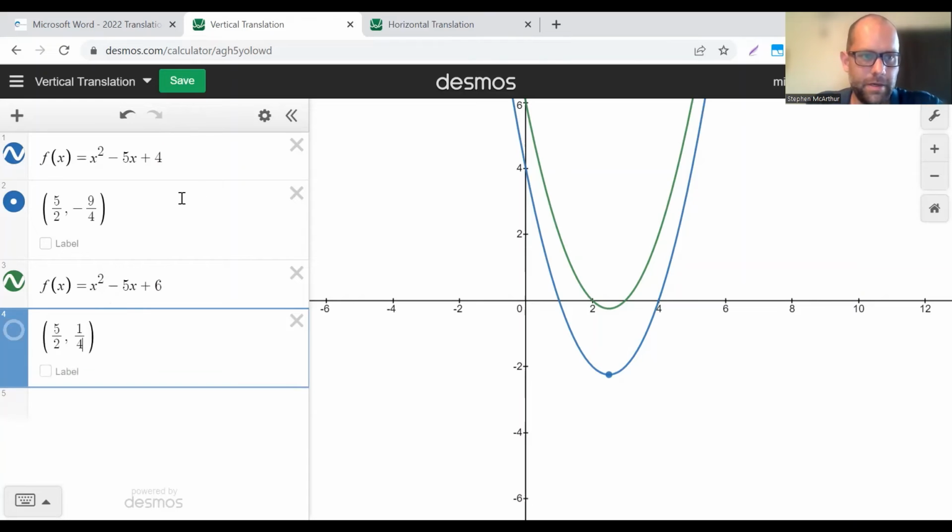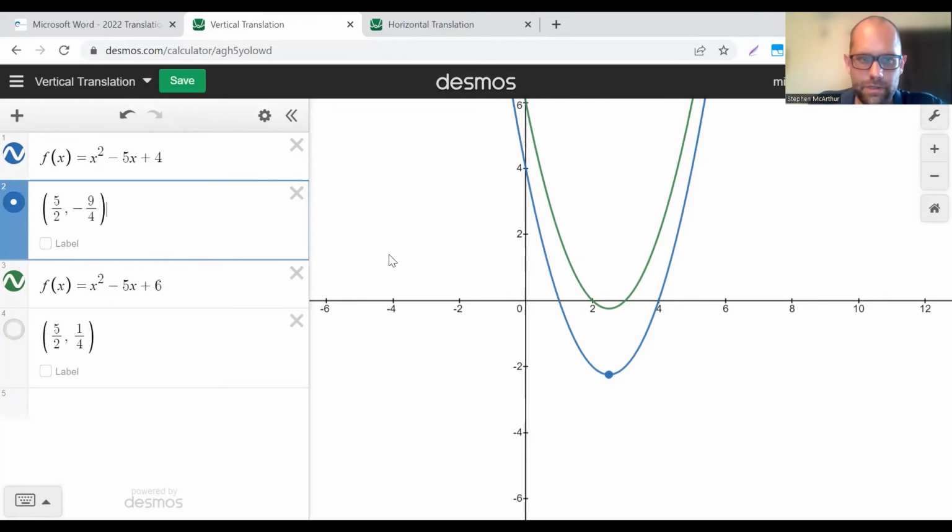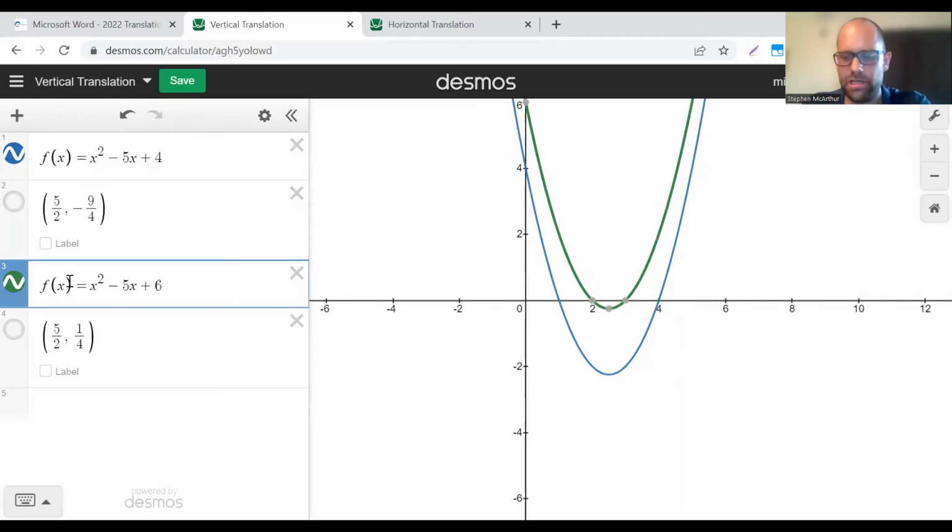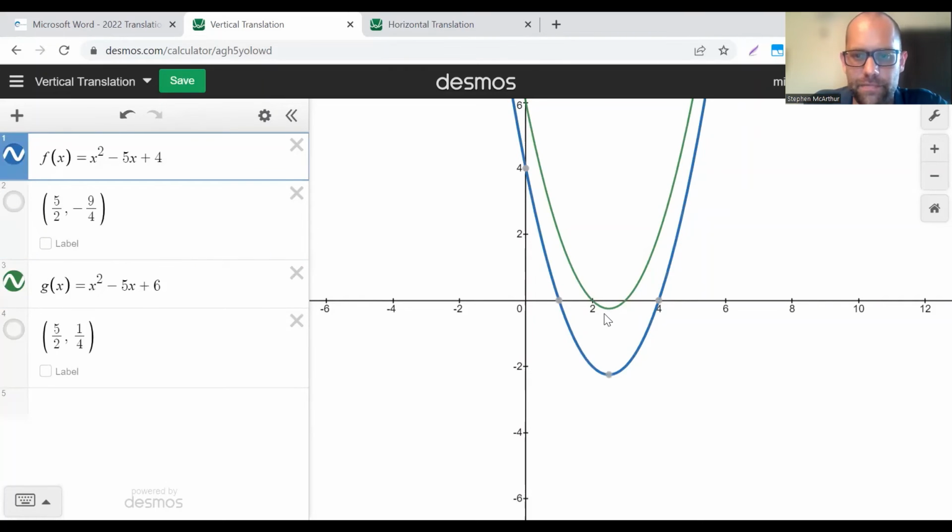Okay. Right. So we've got our original function, f of x equal to x squared minus 5x plus 4. I might change this to g of x actually, because it is a different function. G of x equal to x squared minus 5x plus 6. Now what we're trying to establish is whether the green one is exactly 2 units higher than the blue one. And the easiest way to do that is find our